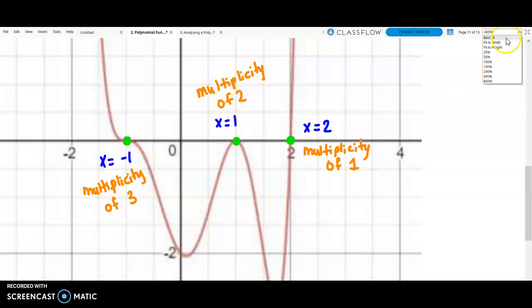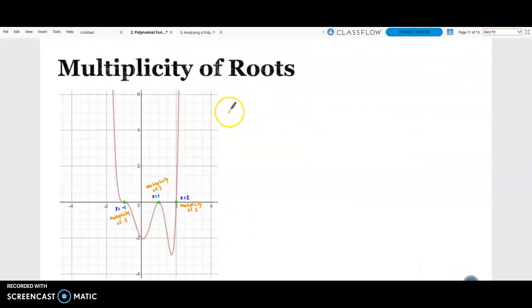Okay? So we have x equals -1 with a multiplicity of 3. X equals +1 with a multiplicity of 2. And x equals 2 with a multiplicity of 1. Okay? So this means that